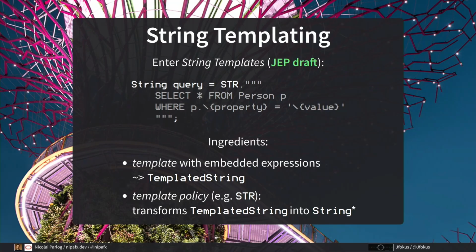So the idea here is, and now I'm using a text block, but they would work if they turn out the way that they're proposed now. They would also work with regular strings, doesn't have to be a multi-line text block. And what we see here is a query is defined, and then we have this text block, 3 quotation marks, but there's an STR dot before that. And the thing in the 3 quotation marks with the backslash curly braces syntax, that is the one that's currently being talked about,